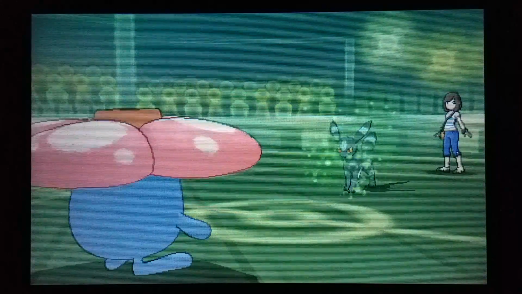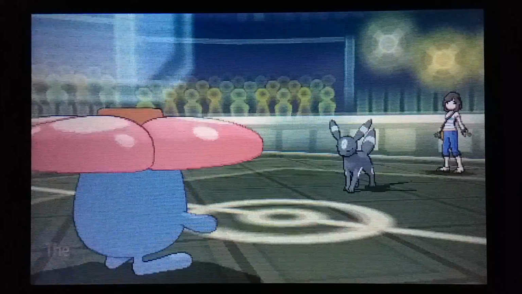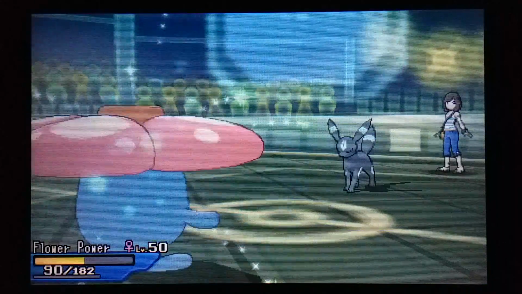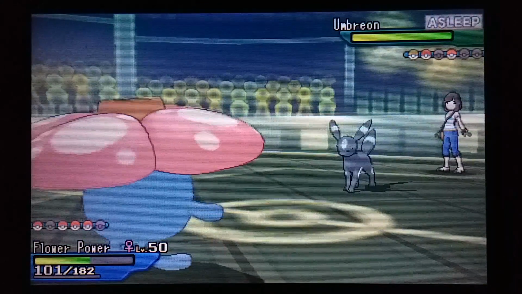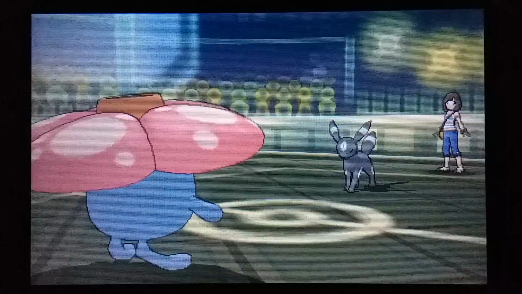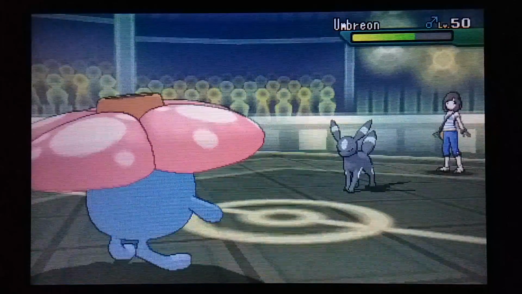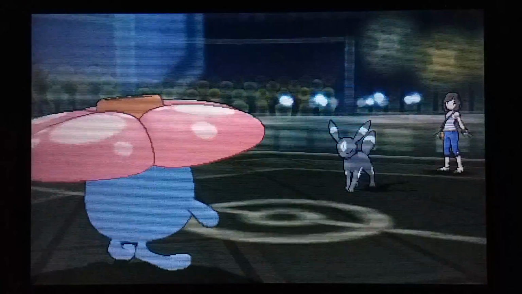But I am going to go for the Sleep Powder in return, and I am going to land that to put the Umbreon to sleep, so that was pretty nice. And then I am going to regain some more health with the Black Sludge. So this turn she is asleep, so nothing she can do, which is of course good for me. I'm going to go for a Moonblast this turn to try and get as much damage as possible on this thing. It is going to only take it down by about a third, but I do get a special attack